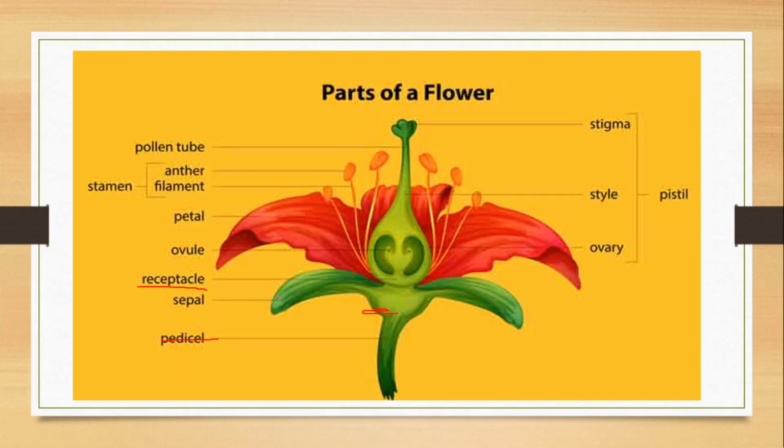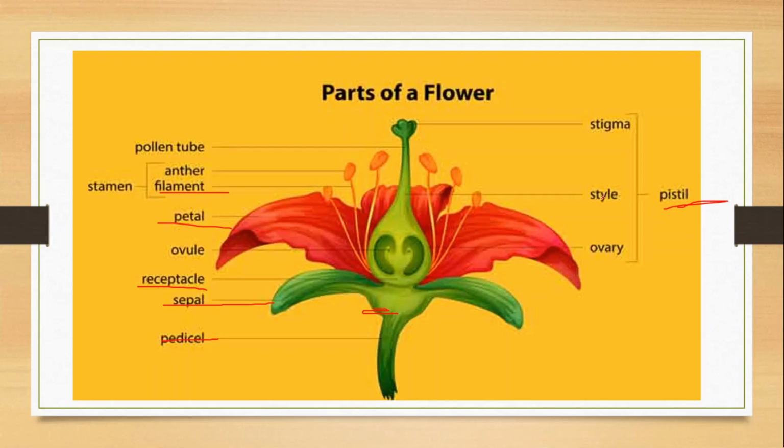The first outer whorl is known as calyx or sepals, which surrounds the flower or covers the flower during the bud condition, and is green in color. The next whorl is known as petals or corolla, which is the second whorl. Then the third whorl is the male reproductive organ, that is stamen, and the innermost whorl is the pistil. Flowers are of 2 types, unisexual or bisexual. When both the pistil as well as the anther are present in a single flower, it is known as bisexual, and if only one, either pistil or anther, then it is a unisexual flower.